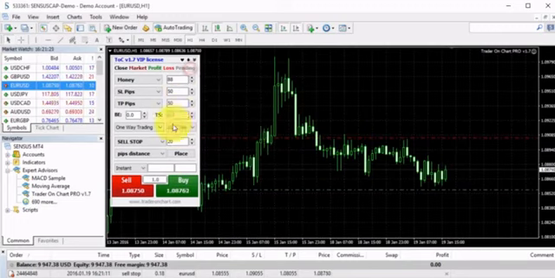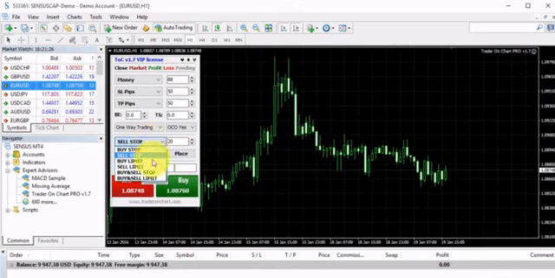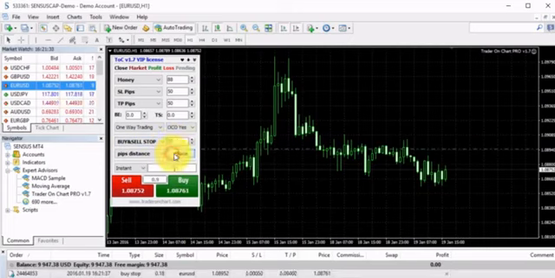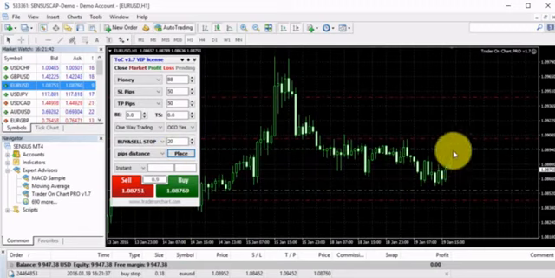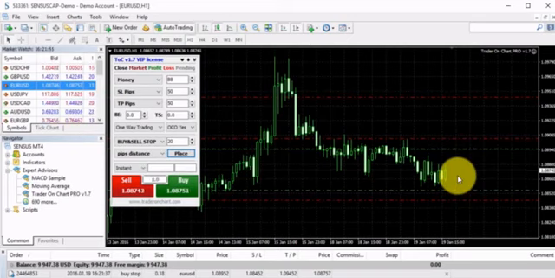Now, the cool thing about this is that you can choose buy and sell stops. And if I decide to place at 20 pips distance, it will happen like this. I click place button, and it will place a buy stop 20 pips above and a sell stop 20 pips below. So this is something that news traders use a lot. So just a few minutes before the trade news